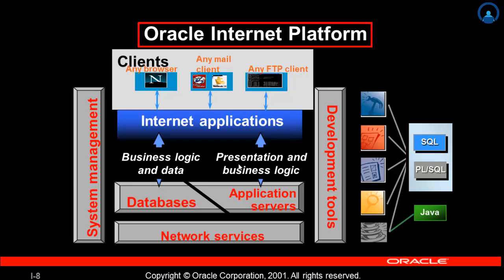We come to Oracle Internet Platform. Oracle offers a comprehensive high-performance internet platform for e-commerce and data warehousing. This integrated platform includes everything needed to develop, deploy, and manage internet applications. The Oracle Internet Platform is built on three core pieces: browser based clients to process presentations, application servers to execute business logic and serve presentation logic to browser based clients, and databases to execute database intensive business logic and serve data.